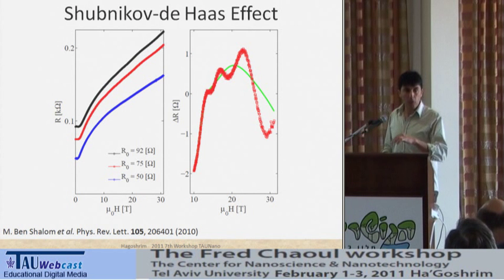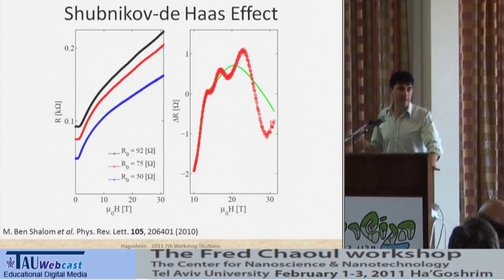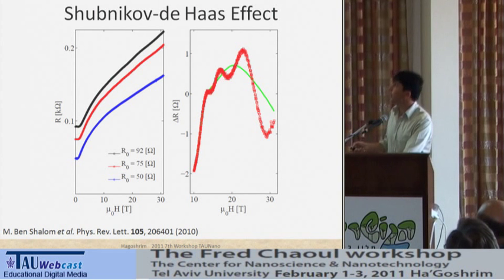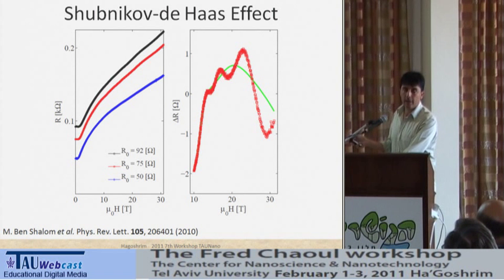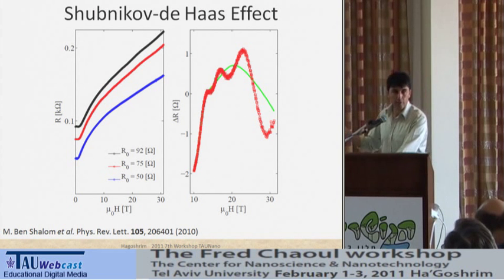So basically what you do, now the electrons are moving around the Fermi surface. So this is a measurement of the size of the Fermi surface, if you want. And the size of the Fermi surface is proportional to the number of charge carriers. So you can extract the number of charge carriers and their mass from this measurement. So basically here you see nothing, but then we extracted a straight line from that, and then this thing is revealed. And when you subtract this polynomial, this green polynomial, out of that,